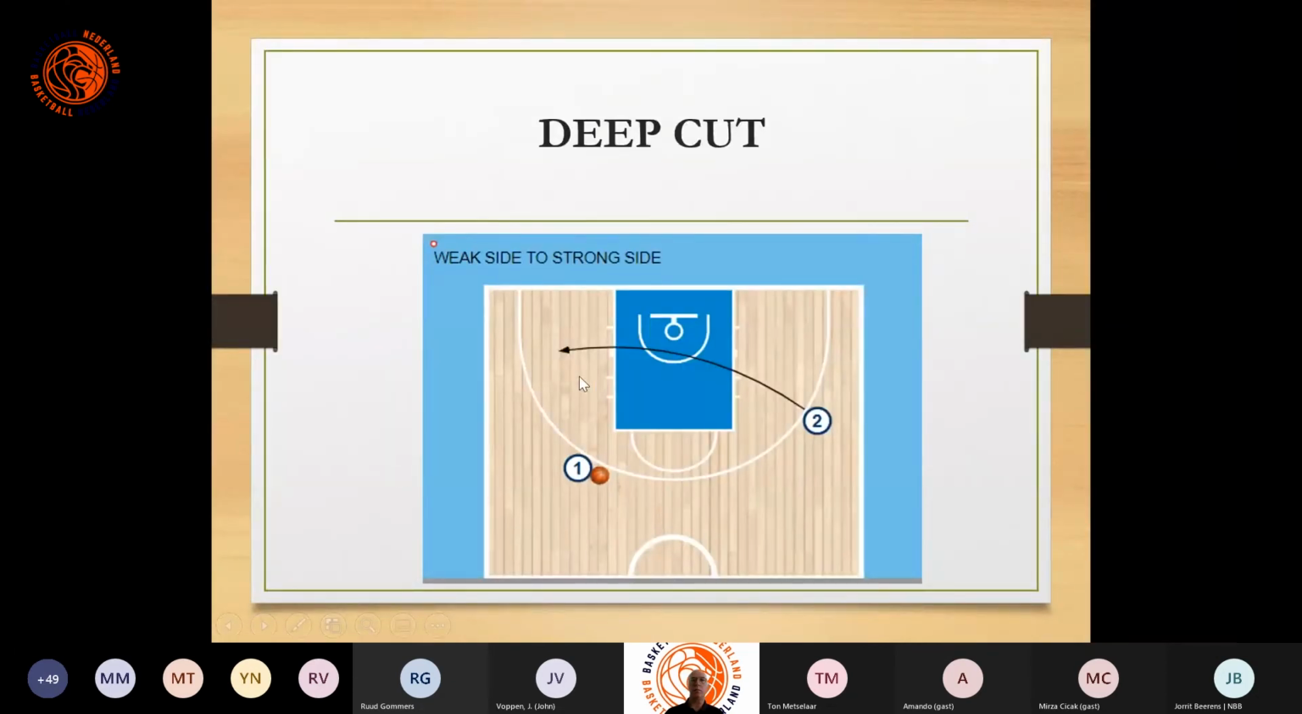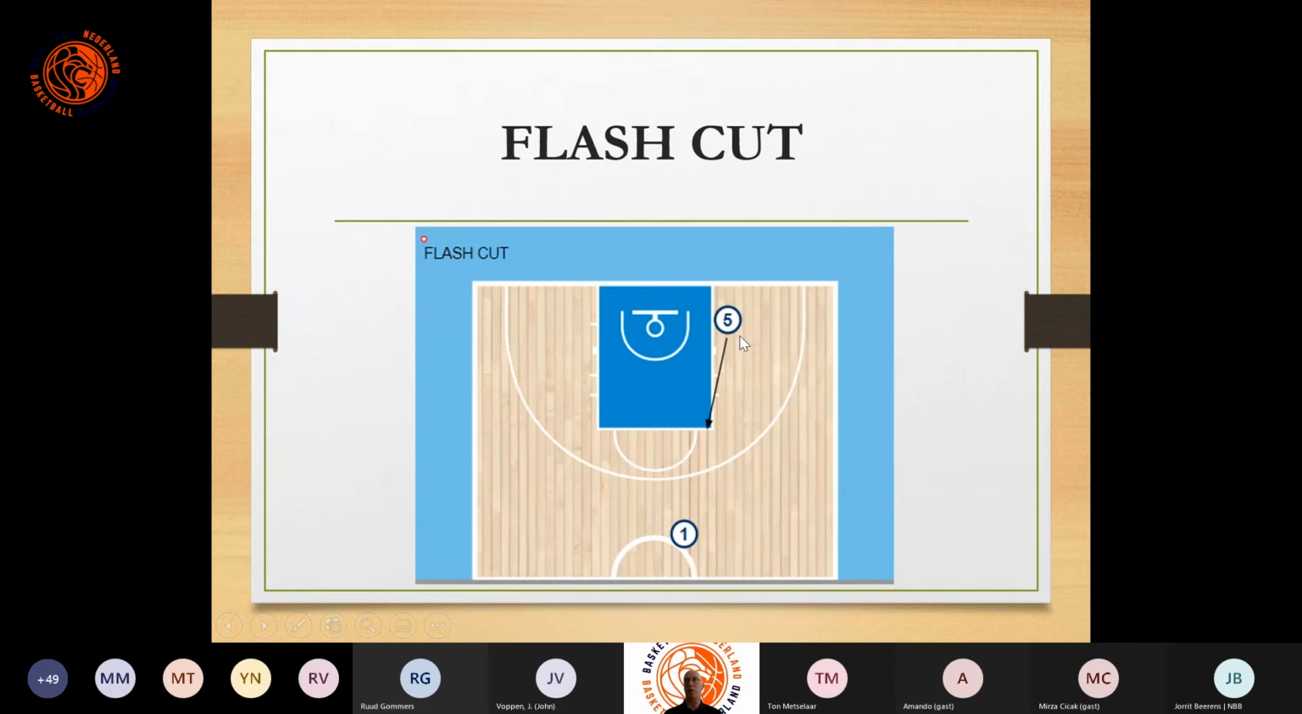Okay, deep cut, sometimes it's for just going from weak side to strong side, weak side to low post, all these cuts. Flash cut, it's always for big guys. Sometimes we teach guys to make a flash from low to high, and sometimes when you're being overplayed, you just make a spin move. It's kind of a backdoor action,